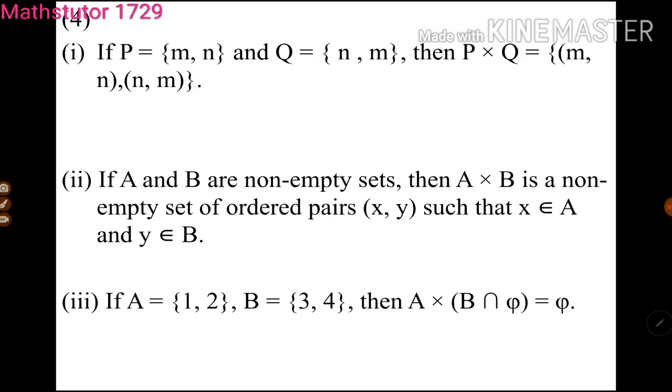We can say this statement is absolutely false, because the number of elements in P is 2 and the number of elements in Q is 2. So the number of elements in P cross Q should be 2 into 2, which is 4. But P cross Q is given with only 2 elements, so this statement is absolutely false. Now make it correct.